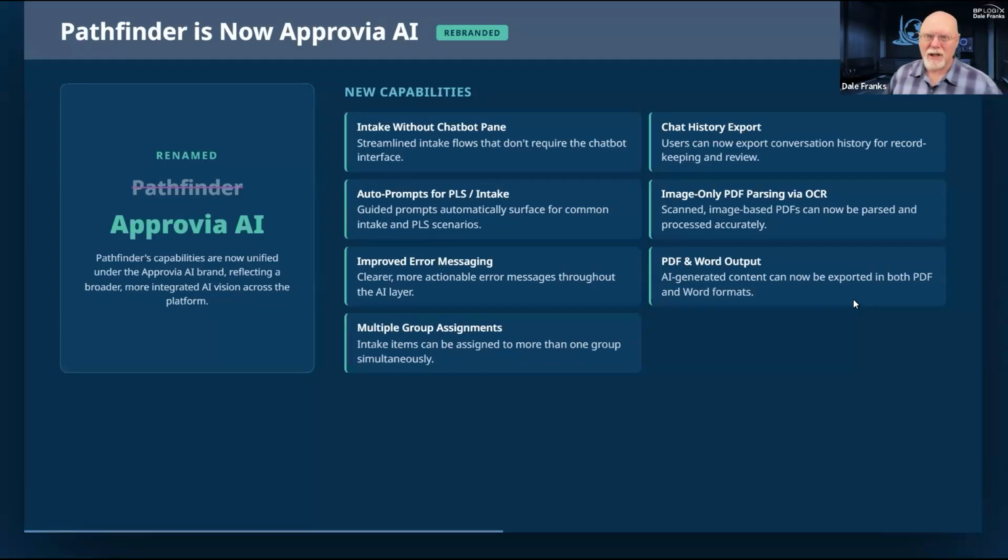Sometimes people just scan documents in, and what you end up with is an image-only PDF. In other words, the PDF file are pictures of a bunch of pages. So we've implemented OCR, optical character recognition, so that Apruvia AI can actually look at those image-only PDFs and can just optically read the text in the image, parse that text, and be able to ingest it as if it were regular text.